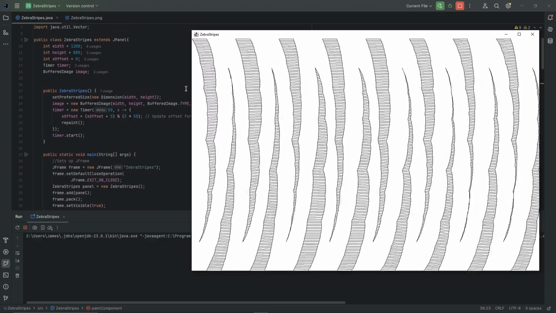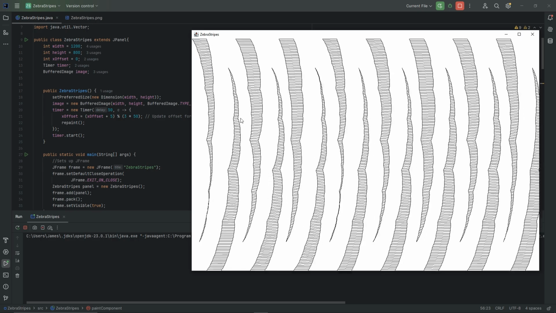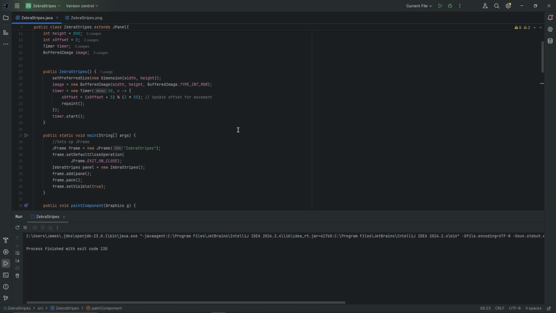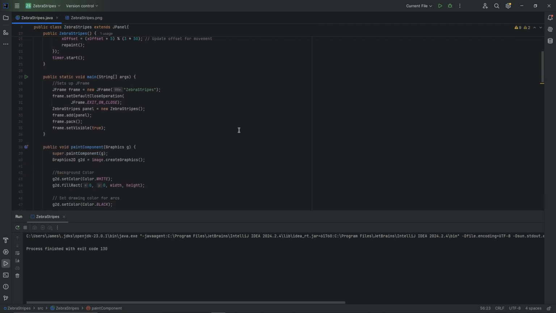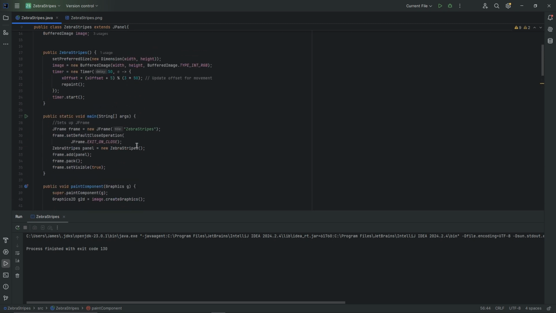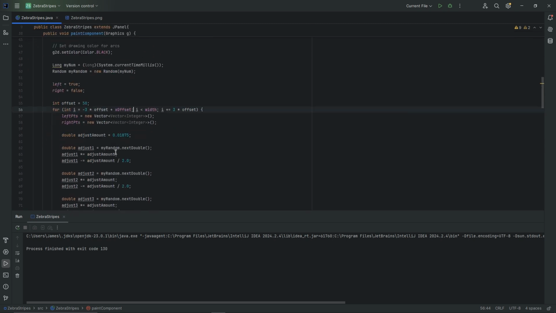So every time the timer goes off, it repaints, and it's going to oscillate. So if I put this back, this will actually start the movement. This is just the main thing that we needed for the movement. Everything else, basically setting up the JFrame, stuff like that, I believe was just